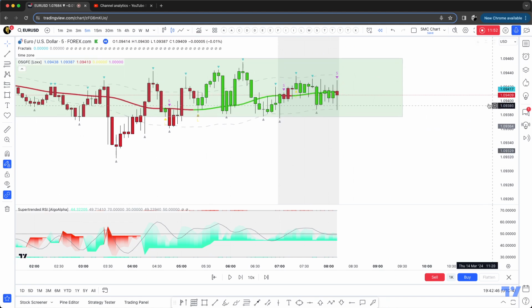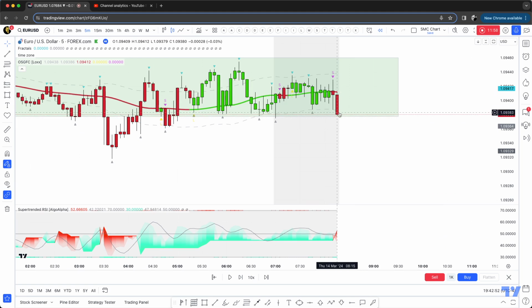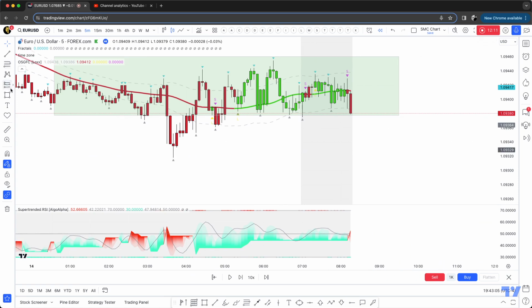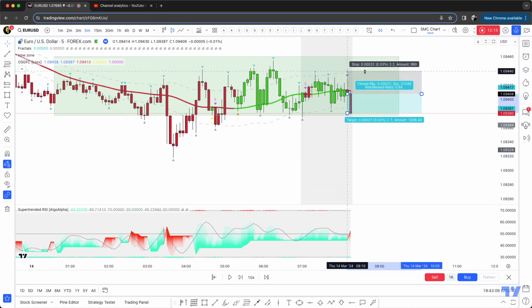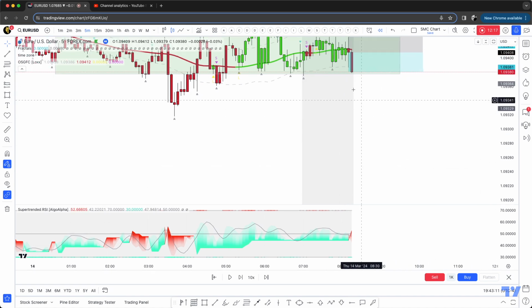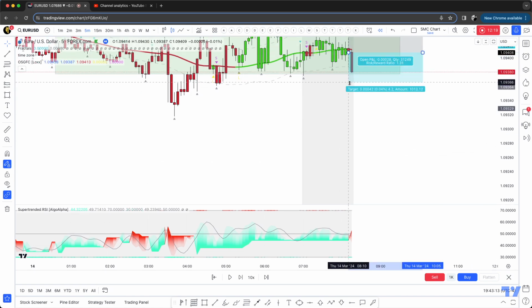That candle, well, that candle is red, but right here we're still blue. Wait for the next candle. It's on the next candle where we actually start to turn red. So I don't know if you would want to take it on this one. In theory, we were not in red right here, so probably it's not a good one. If you would have taken that position, probably, if you place the stop loss above, take profit 1 to 1.5,